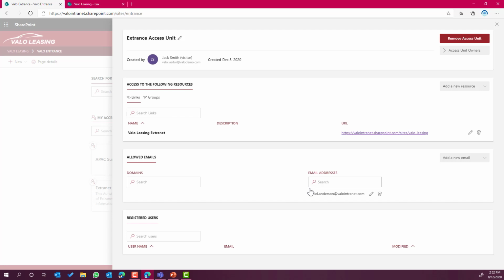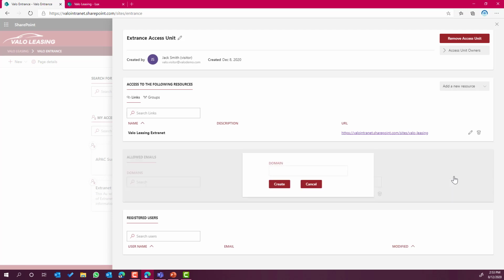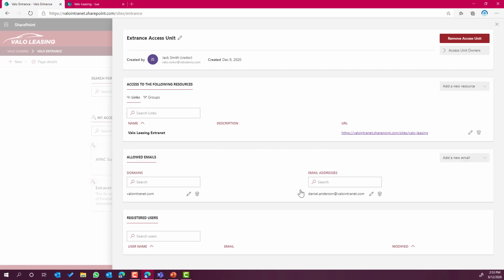Now, in the scenario that we might want to invite an entire partner or an entire company, think about mergers and acquisitions, where company A wants to give access to company B to a set of resources, what we can do is also add an entire domain here. As soon as I add this entire domain, any user that has an email address in that domain has the ability to sign up to be given access to this extranet or those resources through our